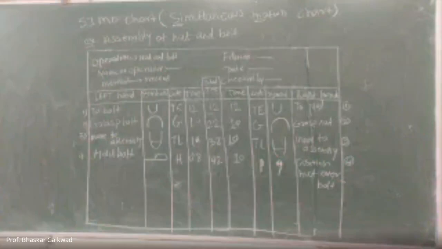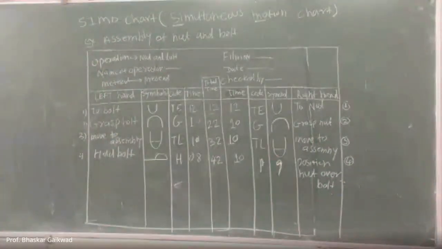And from this, the unnecessary motions we have to reduce, the unnecessary times we have to reduce, the times of your assembly or what actually you are doing. After that, you have to design the workplace in such a way that the operator should not feel any fatigue. Cycle times you have to reduce, and if possible, you can follow the laws of motions to improve the existing methods. So these are the advantages of the CMO chart.